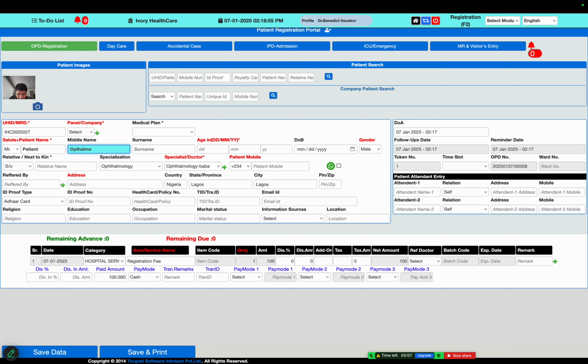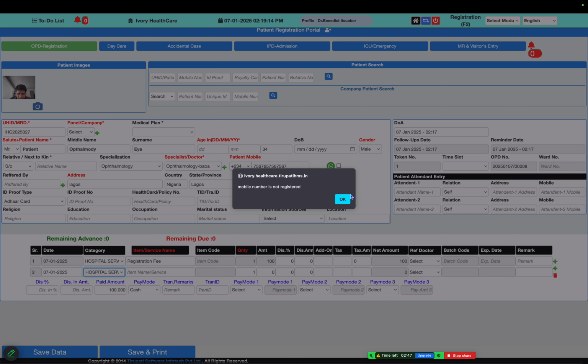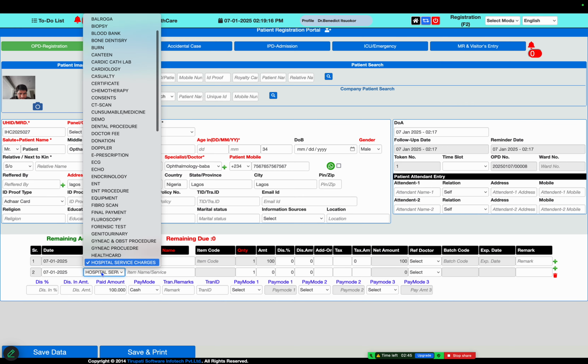Okay, we put in the patient demographic details: an eye patient, for example, with address and mobile number. This detail is ready and consultation is also done. Now we do the consultation for the ophthalmology doctor.